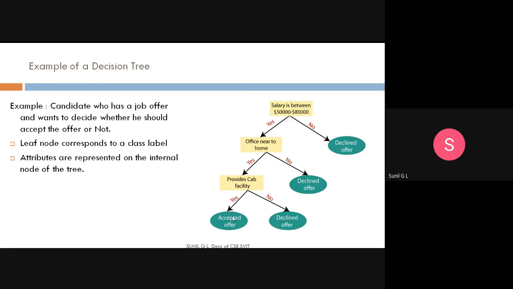If it is too far from your home, then there is no use; if the travel time is more than 2 to 3 hours, what is the use of going to that job? If the office is near to home, yes, and they provide a cab, then I will accept the offer. So if any one of the conditions fails, then decline the offer. This is one example of a decision tree.